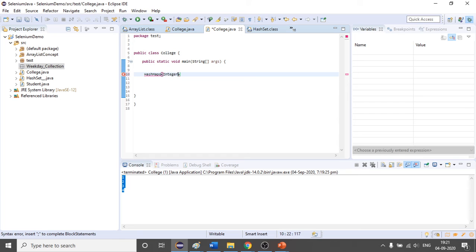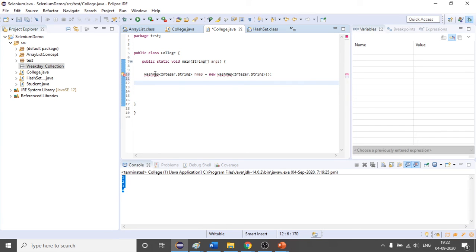So you are saying that you are able to create a hash map. Suppose it is storing an integer, this is our key, and the value is a string. Suppose hmap is my object equals new HashMap.